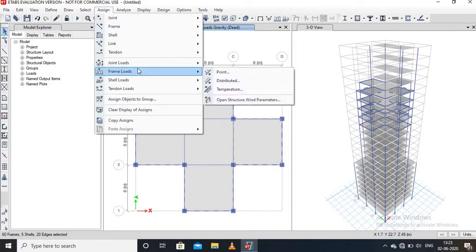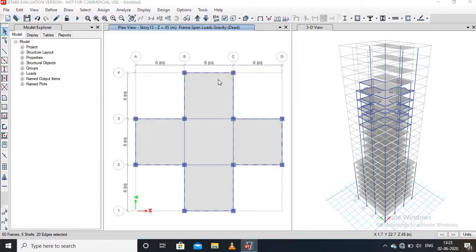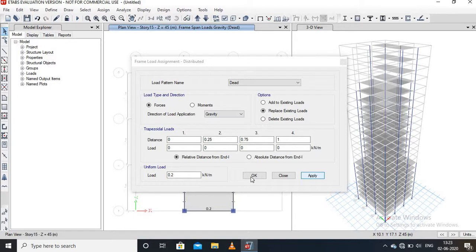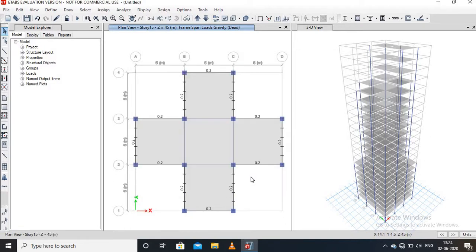Then go to the Assign menu, go to the frame load option, then distributed, then apply, then press OK. Therefore, the load is applied. Then go to the above story and apply the cladding.